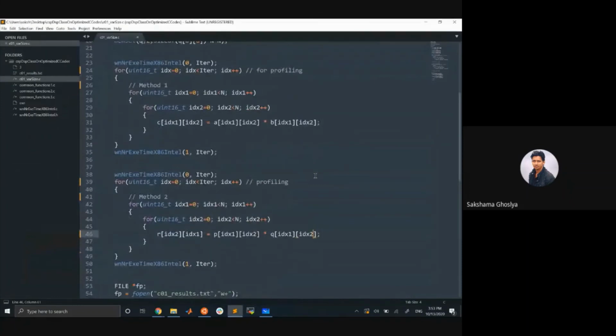Now, where exactly am I going wrong? Whatever we have discussed so far, we used to take care of the operations. Here, the operations like the comparison and increment are exactly the same in both methods. The number of multiplications is exactly the same, which is nothing but 500 cross 500 multiplications, which is 250,000. But still, my method 2 is 4 times costly. That's a huge difference. Okay, now